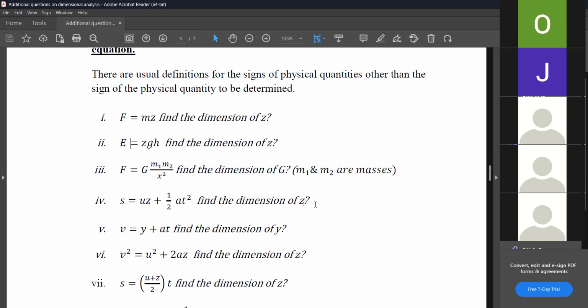Number 2, dimension of z. Dimension of z is m. Number 3,